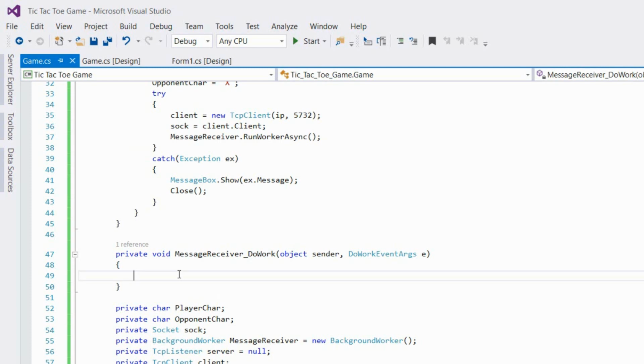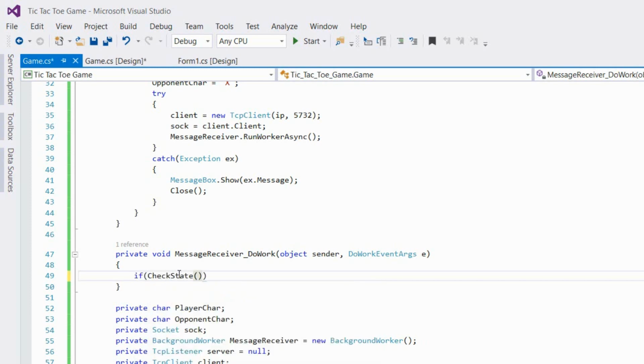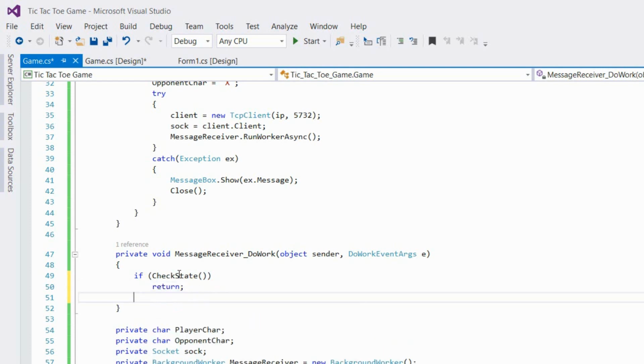So first of all, what we're gonna want to do is check the state of our board. Basically, if CheckState is true, this means that we reached the end of the game, whether a draw, winning, or loss, so we're gonna simply return without doing anything. However, if this is not the case, then we're gonna freeze our board